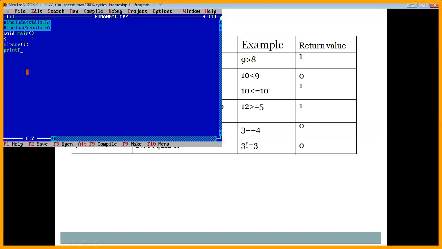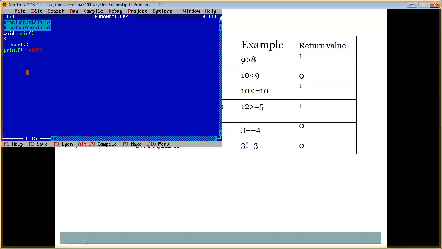Now I'm using printf to display the operators. First, I want to display 10 is greater than 9.